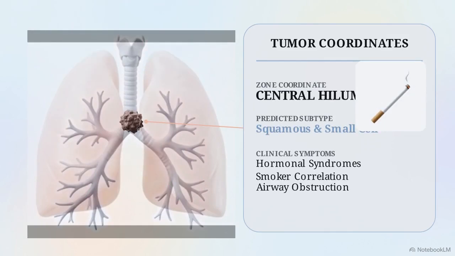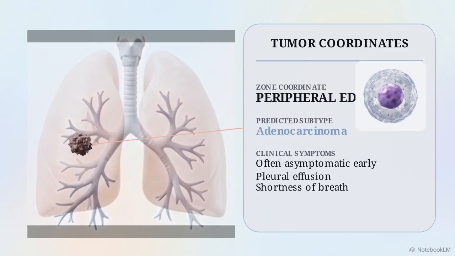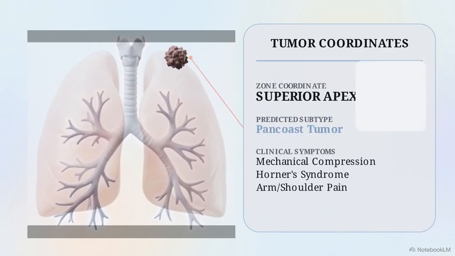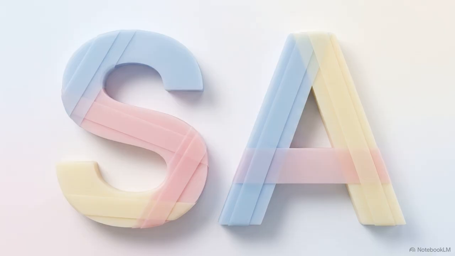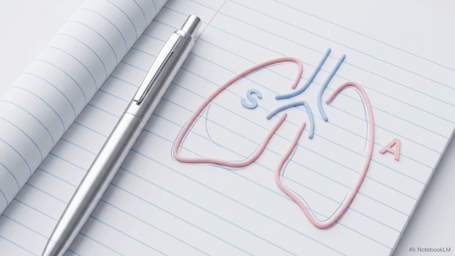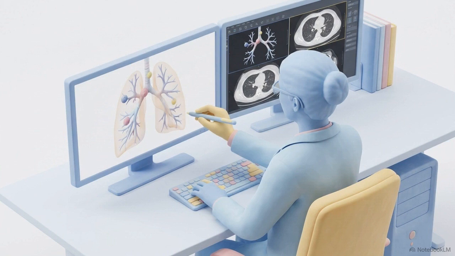A tumor's coordinates within these three zones strongly correlate with the specific histological subtype of the cancer, as well as the exact physical and systemic symptoms a patient will experience. By applying a simple set of phonetic mnemonics, focusing heavily on the letters S and A, we can map these spatial relationships directly to the pathology and lock them into memory. Mastering this spatial map allows clinicians to reverse engineer a tumor's histology straight from a chest X-ray or CT scan,